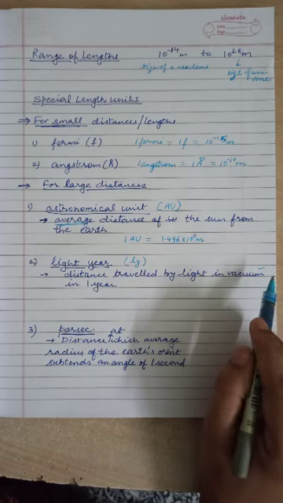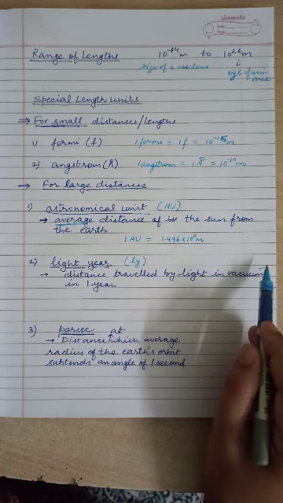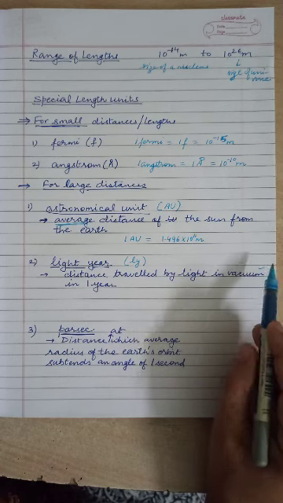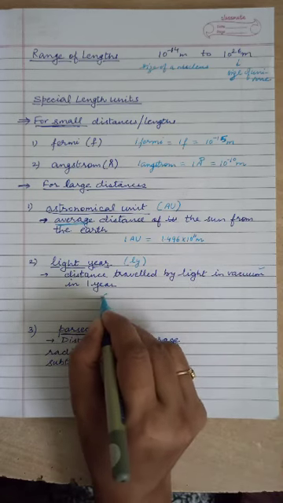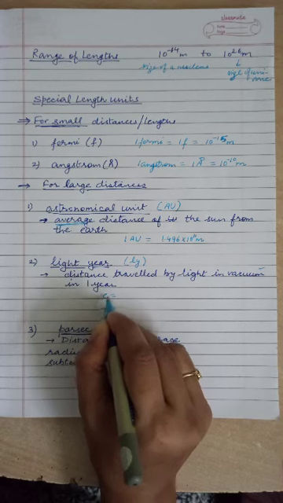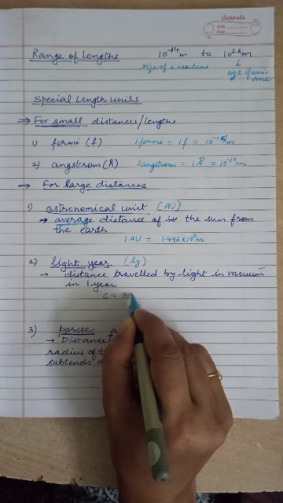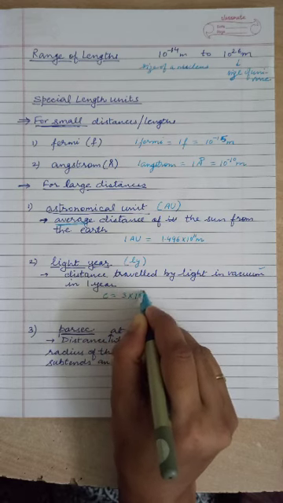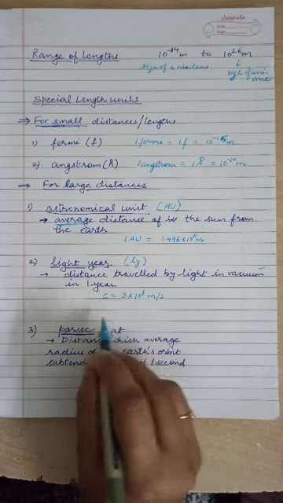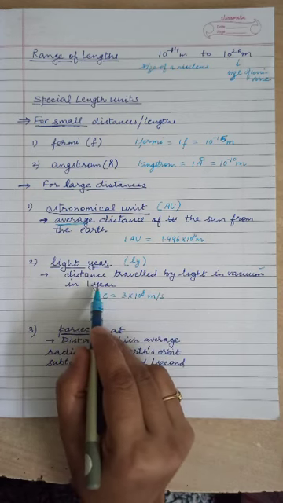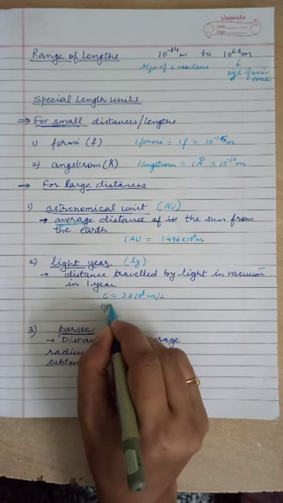If you take the speed of light in some other medium, other than vacuum, then the speed of light would not be the same. So we have to specifically take the speed of light in vacuum, which is always represented by the symbol C, and it is a well-known fact that its value is 3 into 10 raised to the power 8 meter per second. The time for covering that distance of 1 light year is 1 year.